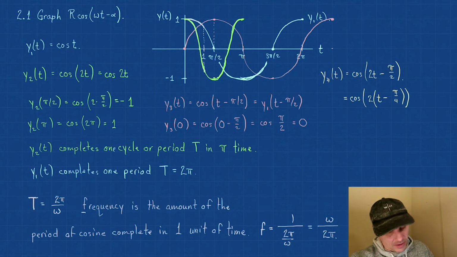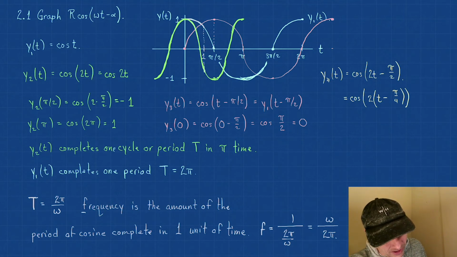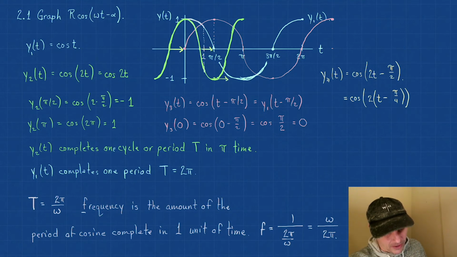And actually, I'm going to extend my green graph because remember at pi over 4, it's already back down to 0. And then it continues back down to -1 by negative pi over 2. So what happens then is y4 shifts. Everything gets shifted by pi over 4. So this point moves to there. This next point would move here. This next point would move to right here, and so on. And that would be my new